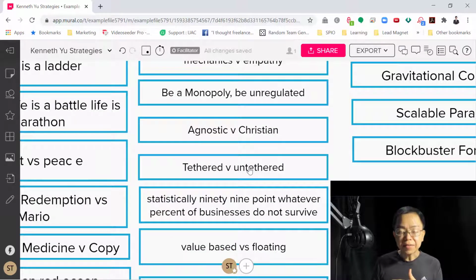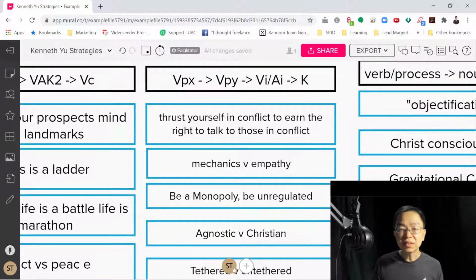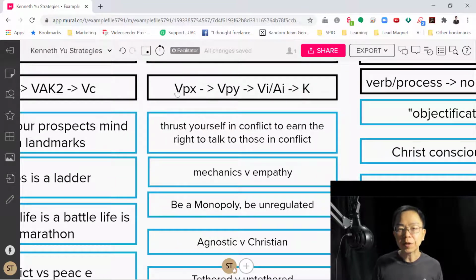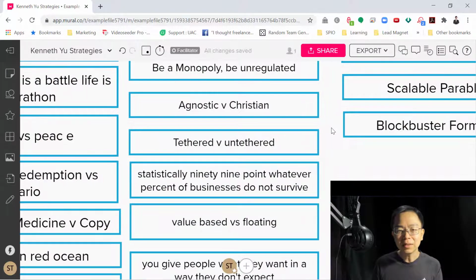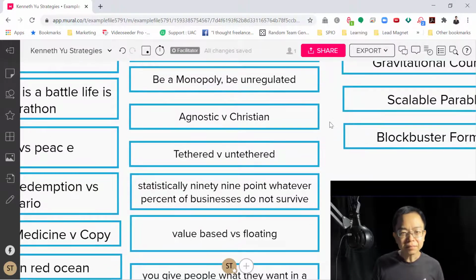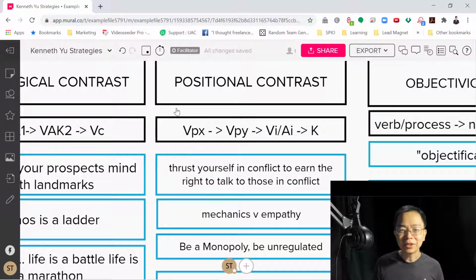Tethered versus untethered. So we were talking a little bit about being unbalanced and when you lose a tether, and he said that you tether so that you get perspective, right? If you need a strong family, you tether to people who have strong families, and then you get to think like them. Okay, 99% of whatever business do not survive. Okay, so for the optimist, right, he's splashing some dose of reality on you so that you think differently, right?